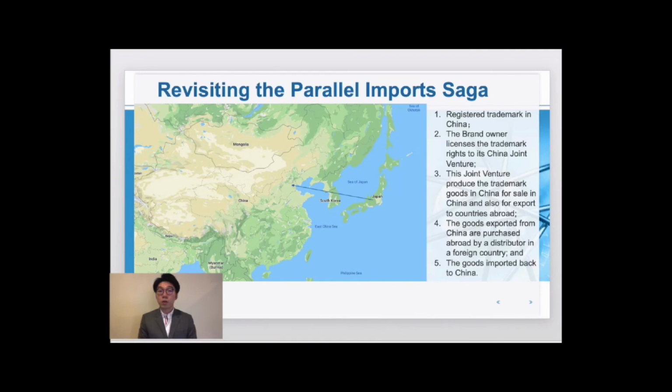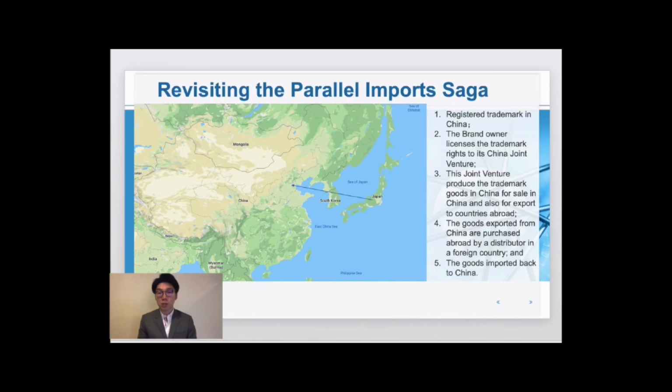The brand owner then licenses the trademark rights to its joint China venture, which serves as a manufacturing facility to produce the trademark goods for sale in China and in some instances for export to countries abroad, such as Japan. The goods exported from China are purchased abroad by a distributor in a foreign country who attempts to import the